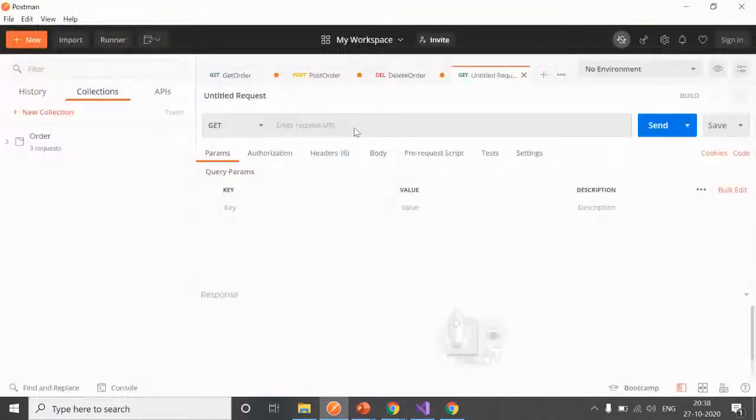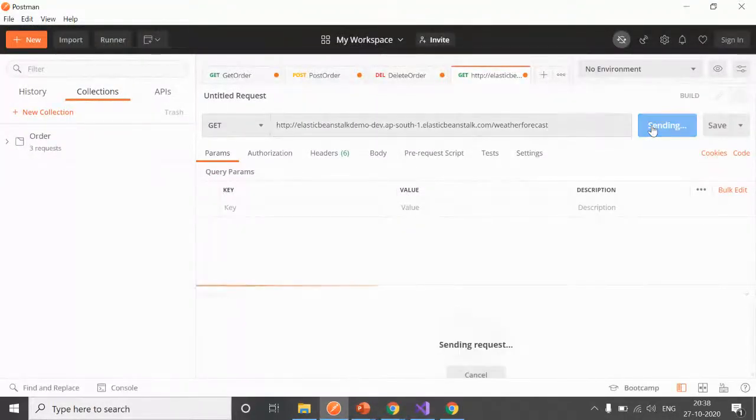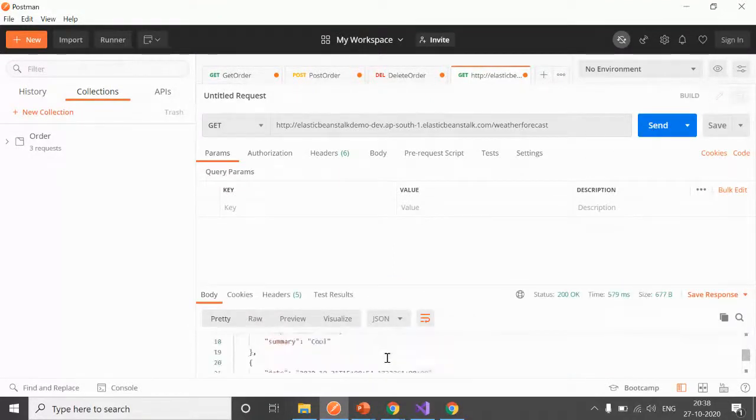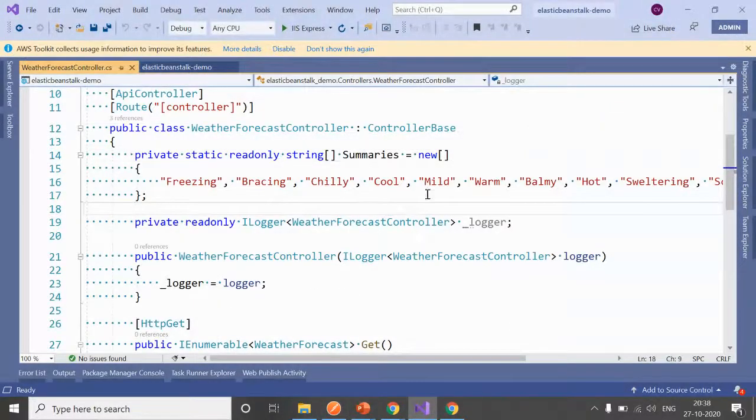Now let's verify this using Postman as well. Enter the public URL, and we have the data. Now next, if you make any change in your application, again right click on the publish,